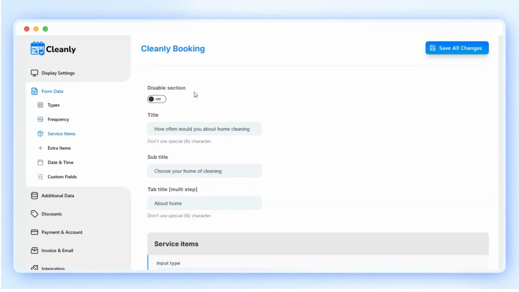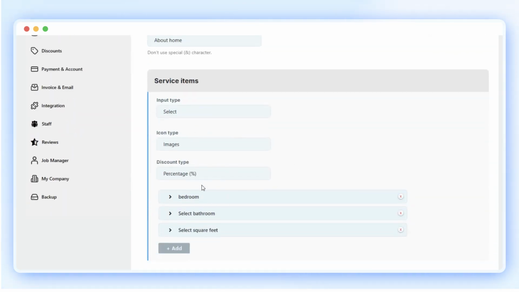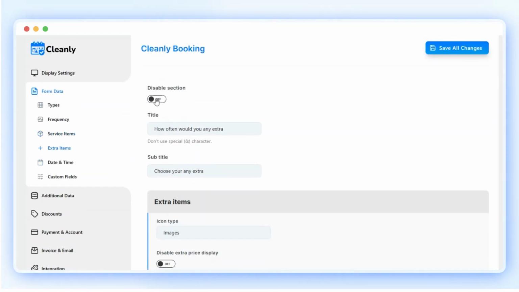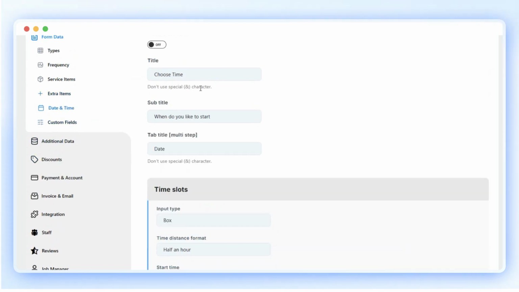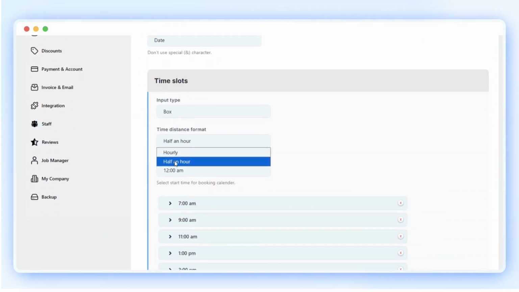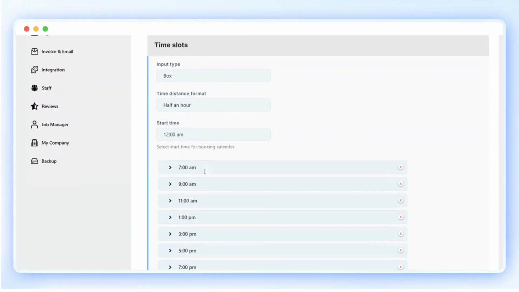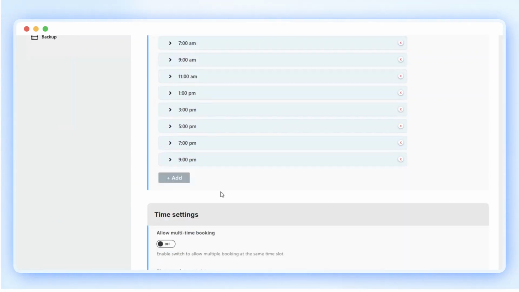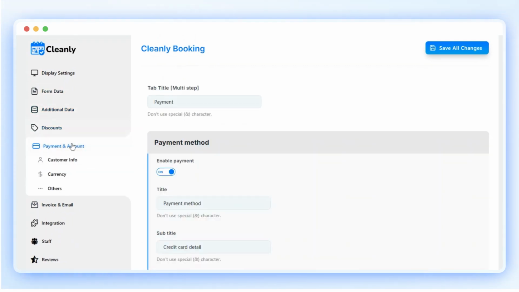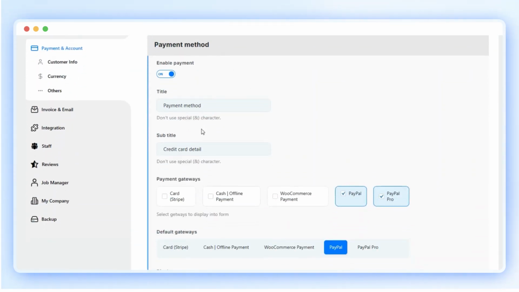In the service menu, you can add all service items, such as bedrooms, bathrooms, or square footage. Extra services can be added under extra items. Here, you can configure time slots using hourly or half-hour intervals, allow multiple bookings per time slot, and adjust other time-related preferences. Sections like discounts, payment and account settings, customer information, invoice and email settings, and more can be customized